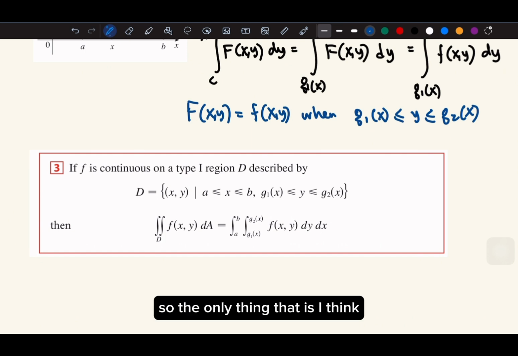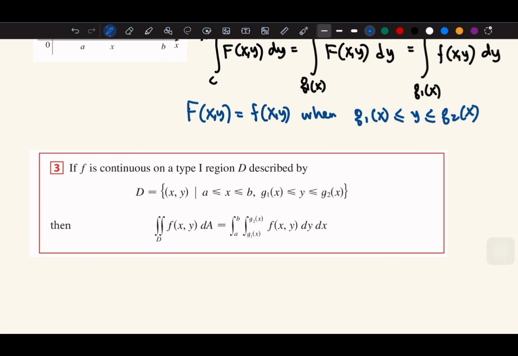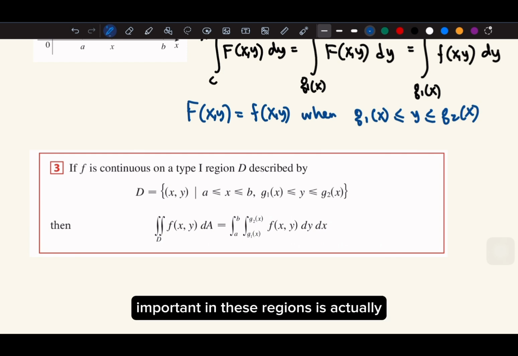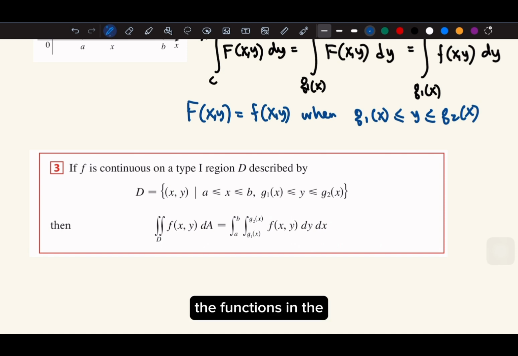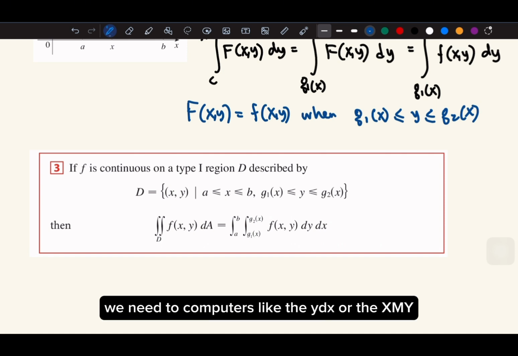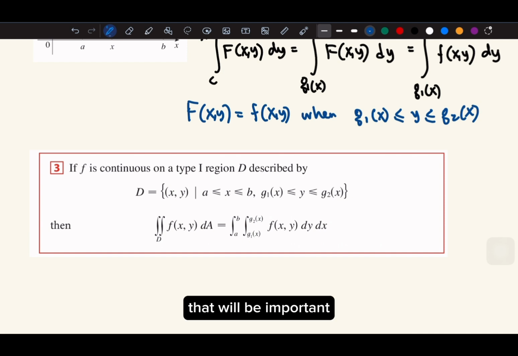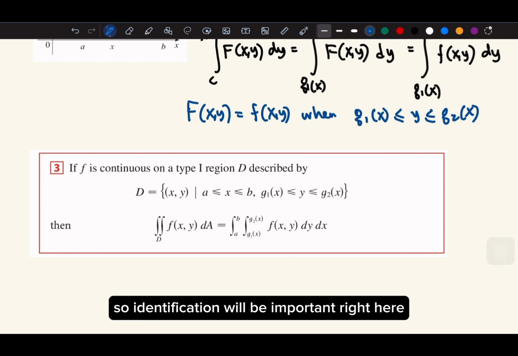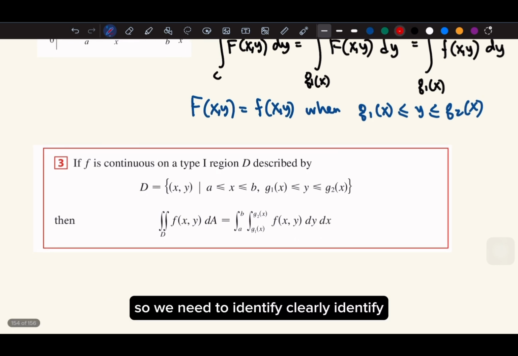The only thing that is important in these regions is which one we need to compute first, dy dx or dx dy. That is the important thing. So understanding the functions, how they look, which one is on the top, which one on the bottom, will be important. So identification will be important here. So we need to identify clearly